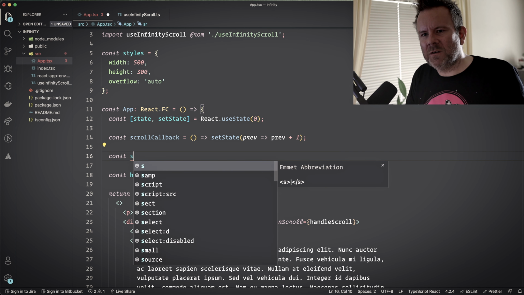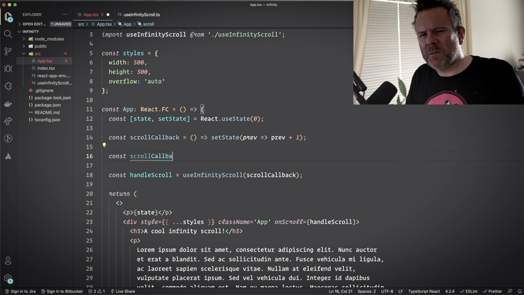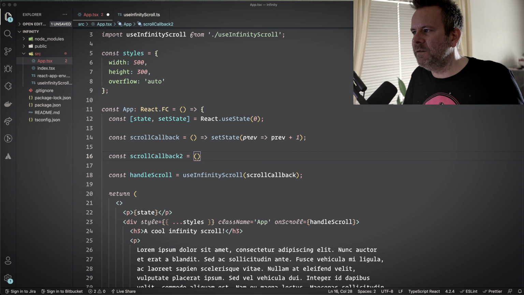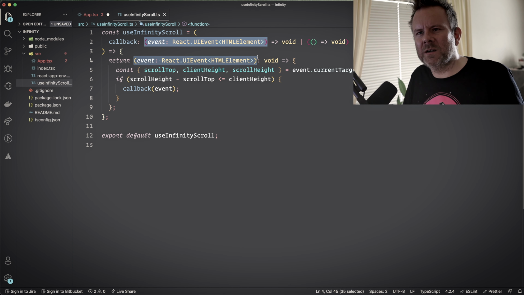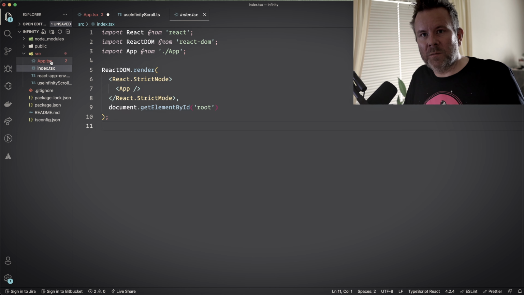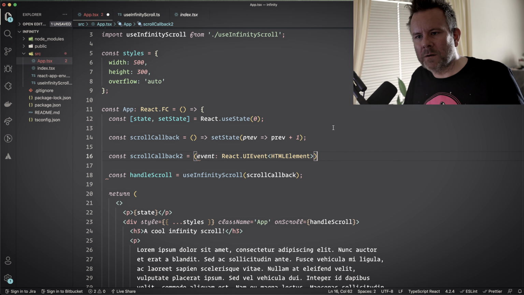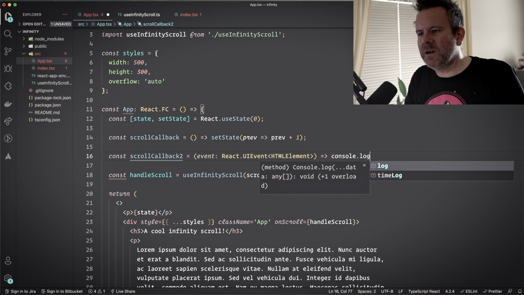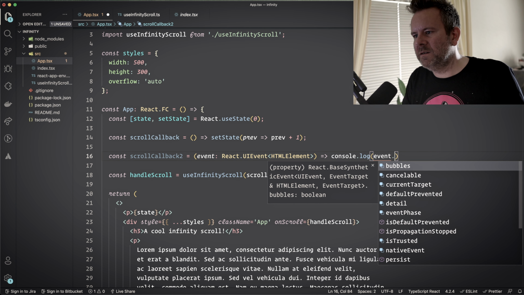Const scroll callback to equal. And this one is going to take in that event. I can reuse this one. I just copy it, go back to the app like this. And for now, we can just console log out the